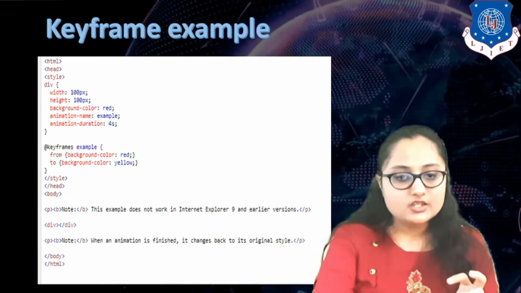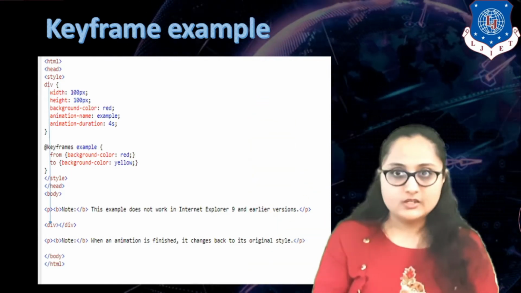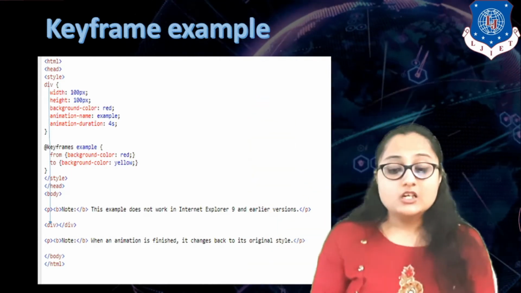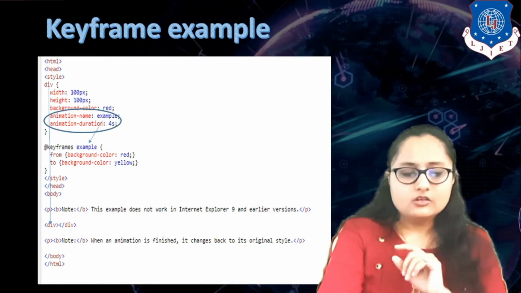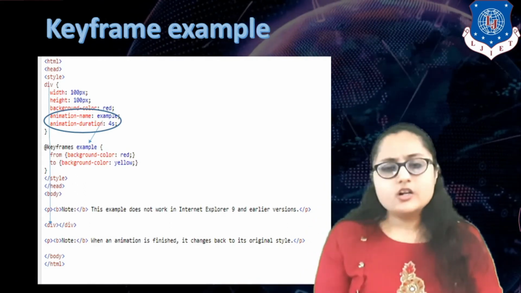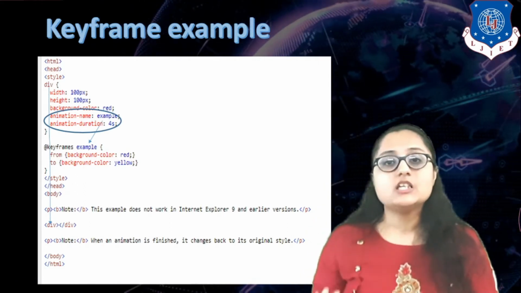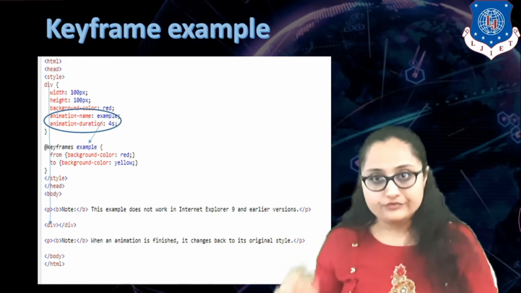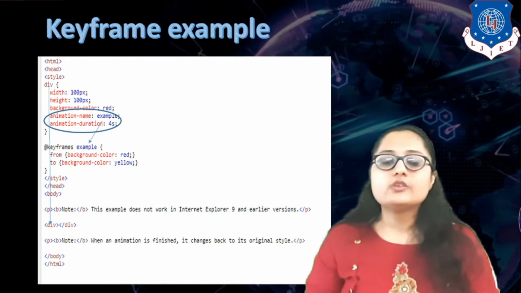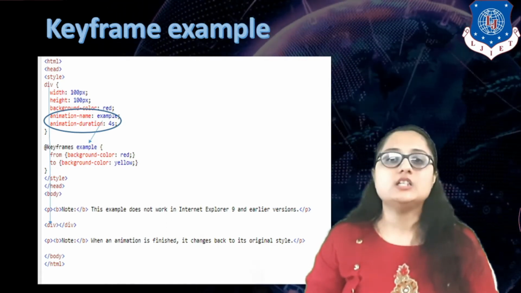So this division is clear for you. This division is referring to the HTML division that we have specified. Now you can see this keyframe. For applying the keyframe, what is the syntax? You have to write @keyframes, and after a space you have to write the animation name to which you are applying this keyframe.